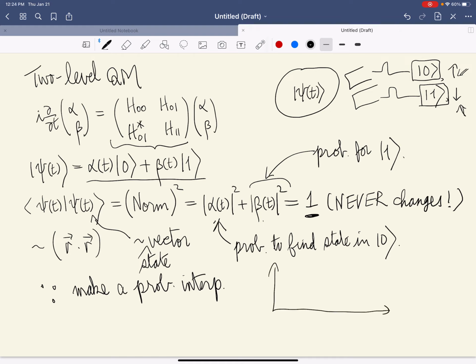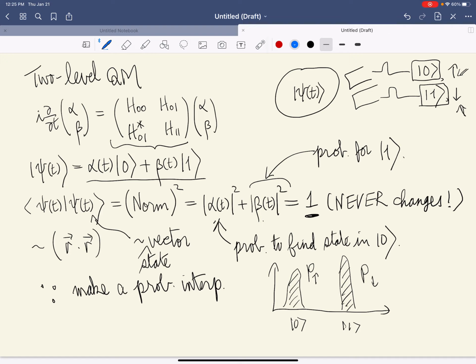Maybe then the histogram will look like this: so many clicks for spin up and so many for spin down. And you divide this number of events by the total number of events, which will translate into the probability of finding the state in the up-spin state and the probability of finding the state in the down-spin state. And now here comes the key